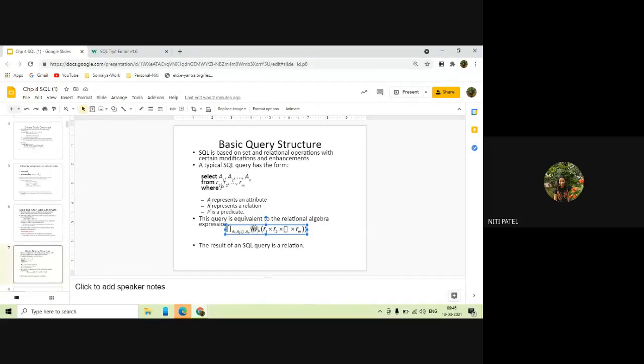Now, instead of this sign in relational algebra, we are going to use select in SQL. So when I say select A1, A2, A3, A4 and all, what are those? They are nothing but selecting of a particular column. But from the column, if I want to select a particular row, I will use this where predicate. Are you understanding the difference?